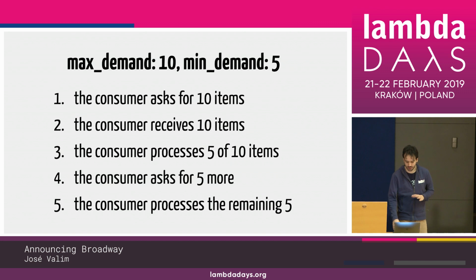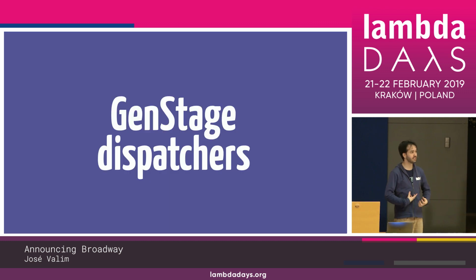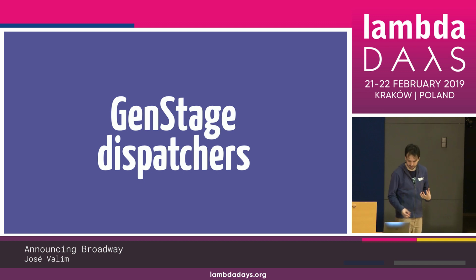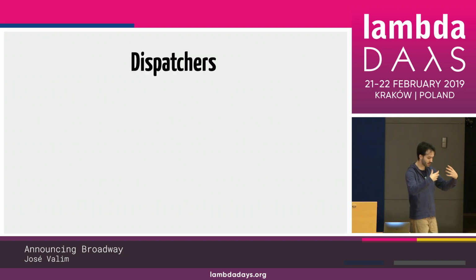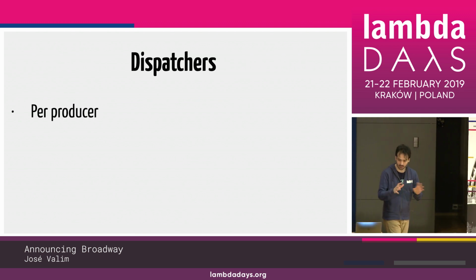There is one last feature from GenStage that I want to talk about, which is the idea of GenStage dispatcher. So right now we saw a very simple pipeline, right, that was unidirectional. And GenStage dispatchers is what allows us to change that. So what is a dispatcher? A dispatcher is something that is set per producer, and it is effectively what controls the demand and sends data. So every time you receive the demand from a process and you want to send data to that process, the dispatcher regulates all of that.